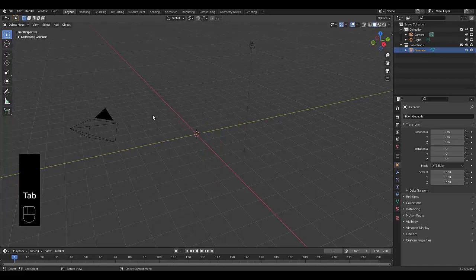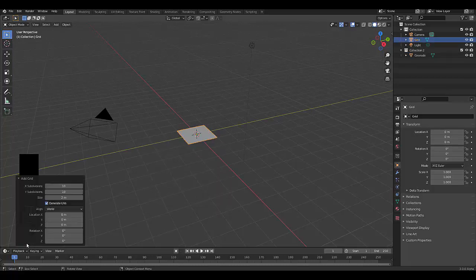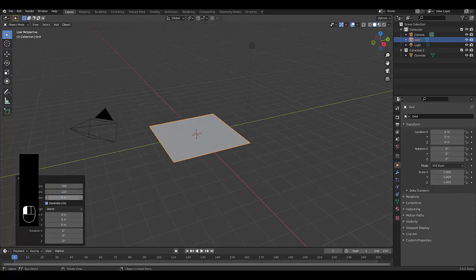Press Tab to go into object mode, then press Shift A, mesh, and we're going to use a grid, which is essentially a type of plane that you can modify slightly differently from the start. So we're going to put this on 100, 100, and we're going to make it 5 meters thick, and that's looking great. Once we've done that, we're going to take our grid and put it in collection 2 as well,